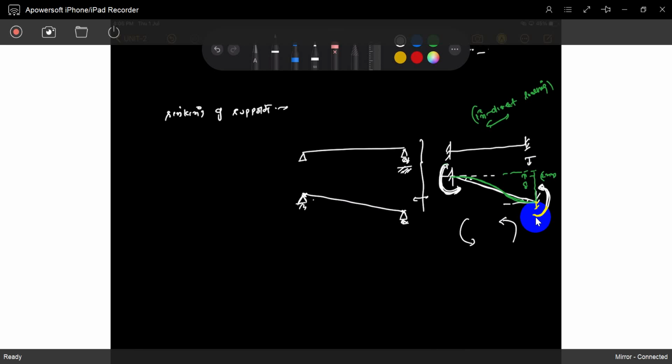If you know these formulas, for any type of loading you can easily find the end moments. If you know the end moments, you can draw shear forces. If you find those reactions, you can draw shear force, bending moment, anything. There is no problem at all. No need to do anything.